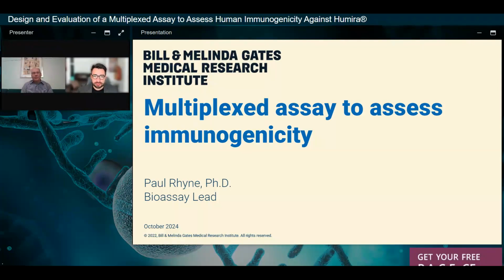Our next question is, a common challenge with ADA assays is drug tolerance and/or soluble target interference. Could you share whether Luminex technology has successfully addressed these issues, and also what modifications or approaches help mitigate these challenges? So drug tolerance, for those of you not familiar with that, is when